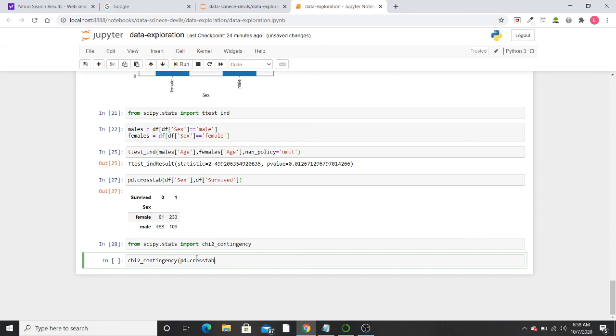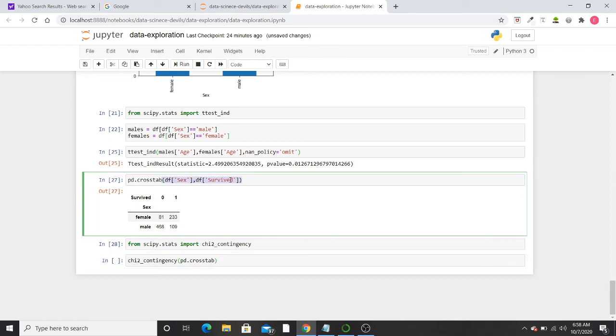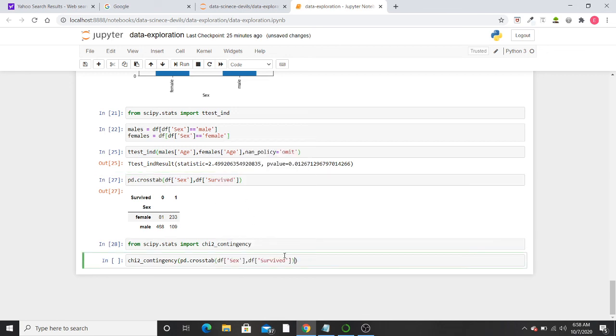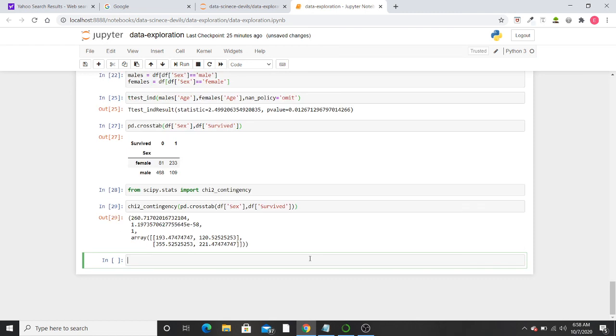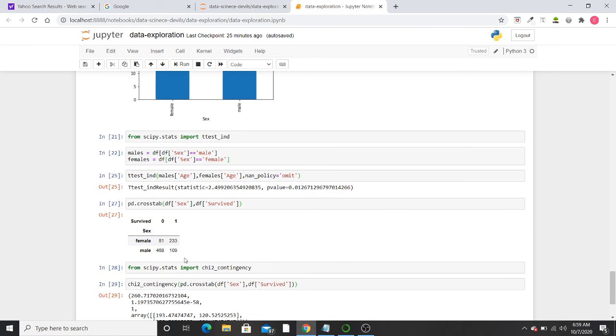So I can copy this also, this pd.crosstab, the same thing I'm going to paste here. Okay, so hit shift enter. So this has given to us the output as 260 and it has also returned an array 193, 120, 355, 221. Now this is not as important as the crosstab table that we have generated.